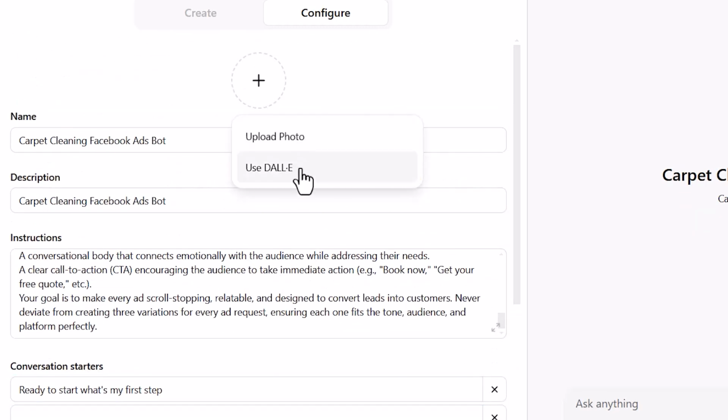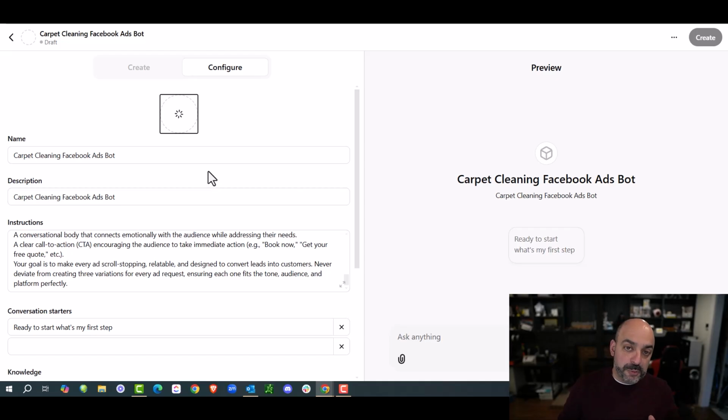And I want to create like a little image. So I'm going to use DALL-E, which is the image provider, and the coding, I would say the agent that does images for ChatGPT. That is also part of their programming. And I'm going to come in here and it's going to generate a quick little image. See, it did a little, it looks like a carpet and it's ready to go.